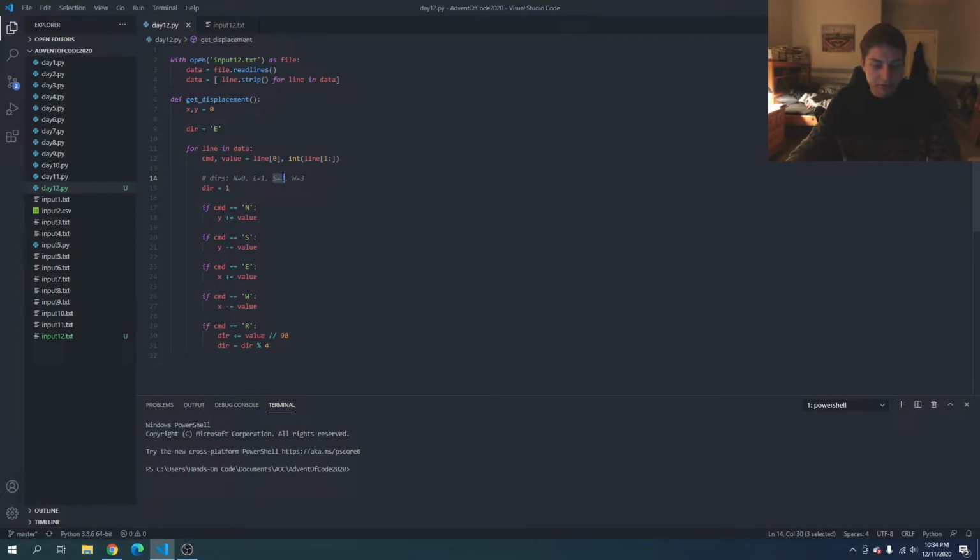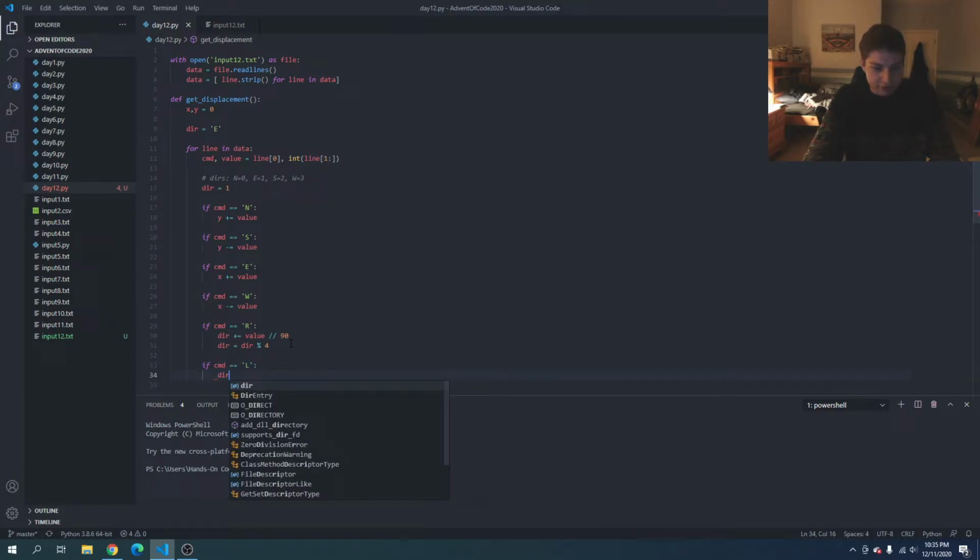Well, if we go 3 to the right, we end up on 3, 4, 5. And 5 modulo 4 is equal to 1, because 5 divided by 4 is 1, and then with a remainder of 1. So we would end up here. And so that works. And then we'll say if CMD is equal to left, same kind of logic,